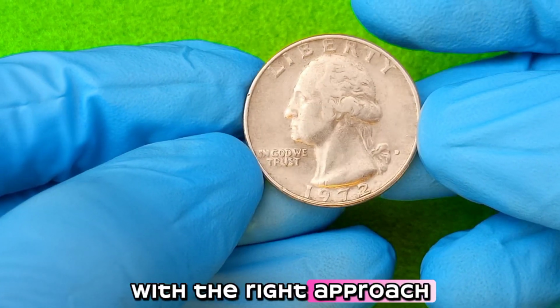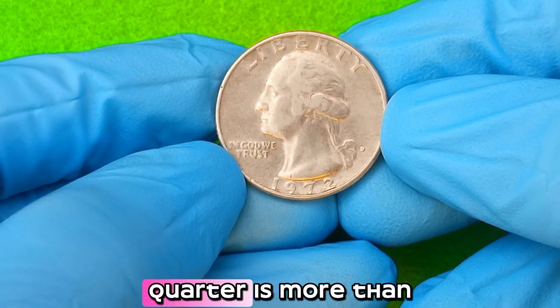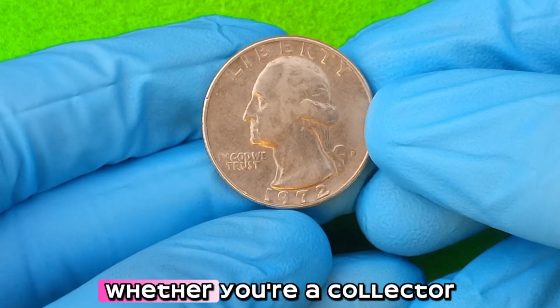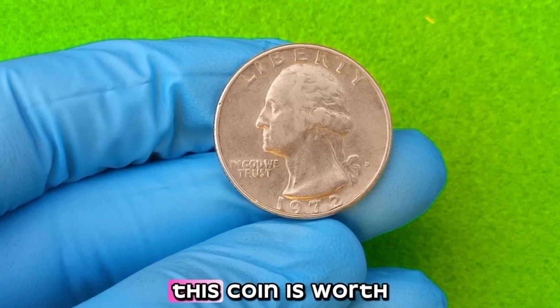With the right approach, you could walk away with a nice chunk of change. The 1972 D-quarter is more than just a piece of currency. It's a piece of history, a work of art, and a potential goldmine. Whether you're a collector, an investor, or just someone who loves a good treasure hunt, this coin is worth your